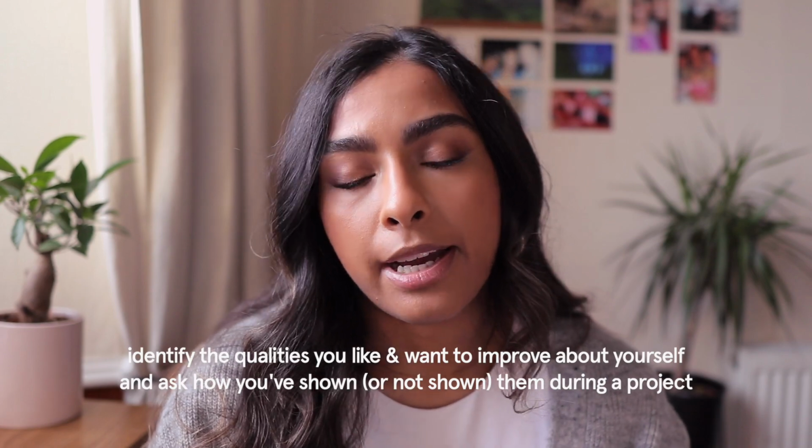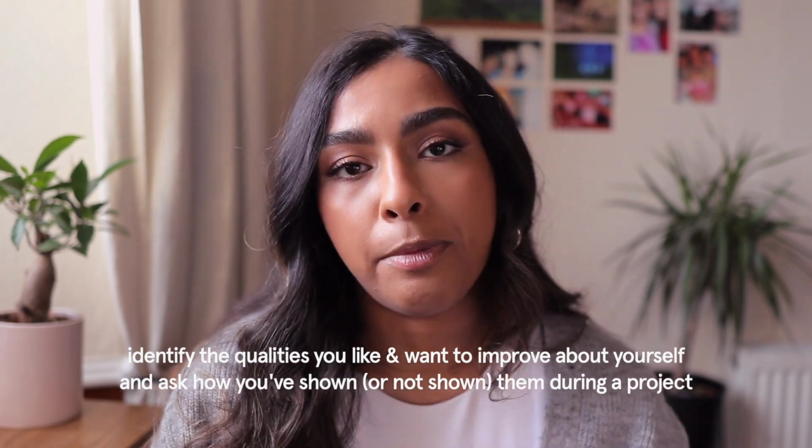Back to my main point, that as much as the positive feedback will help you develop and keep doing those positive things, the development points are the most key aspects of your development, not even just as a professional person, but as a person. If you want to be a manager, regardless of the department you're in, managers all share the same key qualities. So find out how you're doing on those qualities, seek out feedback, ask the right questions in these feedback meetings,